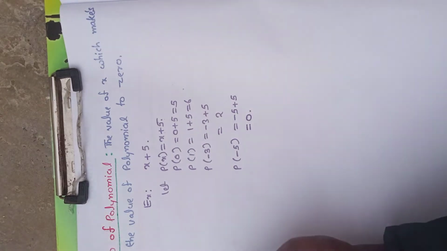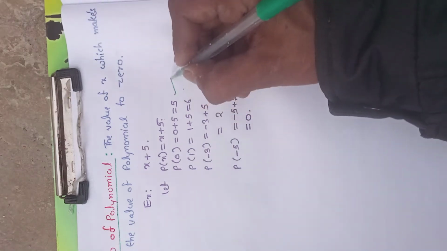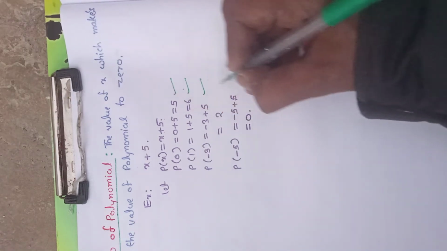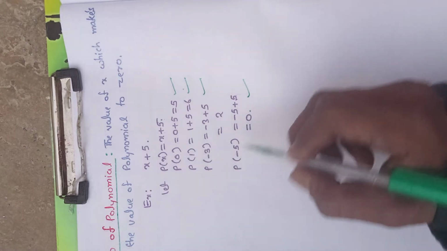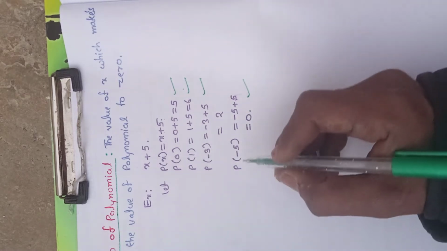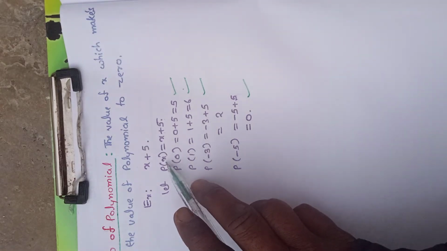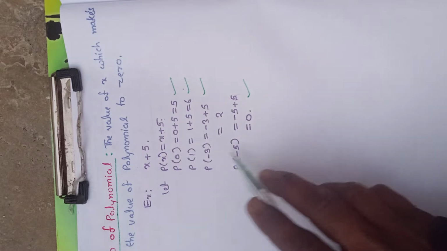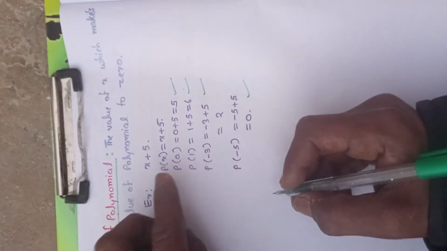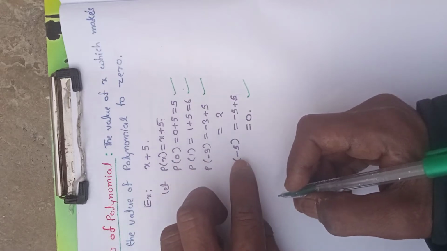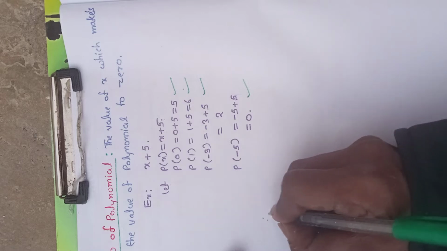You can check very clearly in all these values of the polynomial: p of 0, p of 1, p of minus 3, p of minus 5. Where are we getting the value of the polynomial as 0? In the case when p of minus 5 equals 0. That means when we substitute x equal to minus 5 only, the value of the polynomial becomes 0. That means we conclude that if x equals minus 5, then the value of this polynomial is 0. I am writing that. Therefore